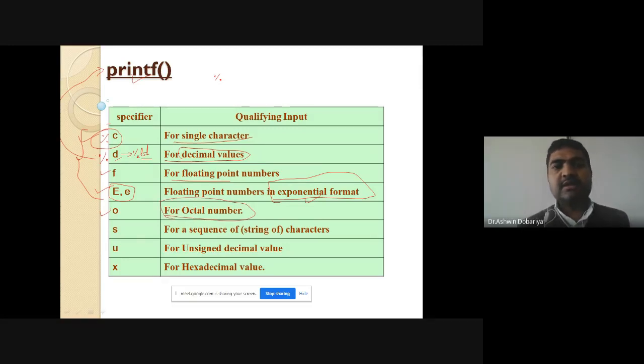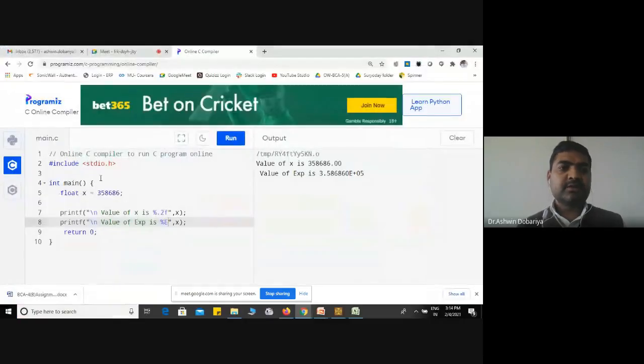Octal. I think there is one topic in your COA subject, computer organization, number system conversion. Are you aware of that number system conversion? Yes, sir. Right? That is decimal to octal, how we can convert it. So similarly, let me take a practical over here. If I mention integer x is equal to 15, and let's put this in comment.